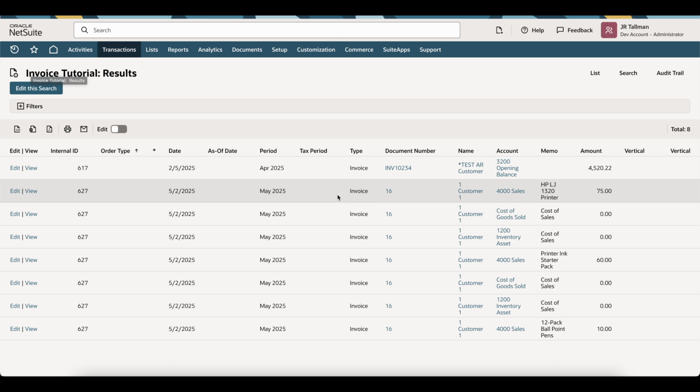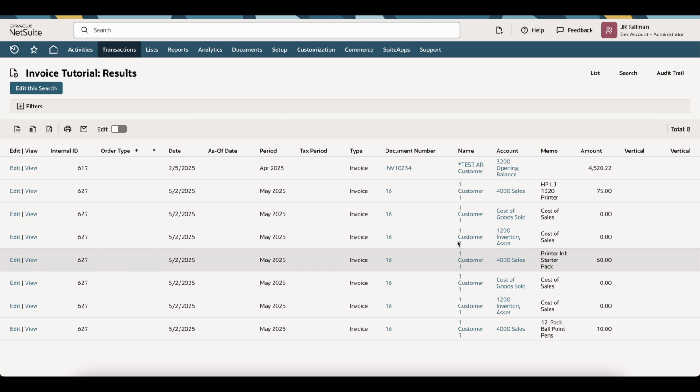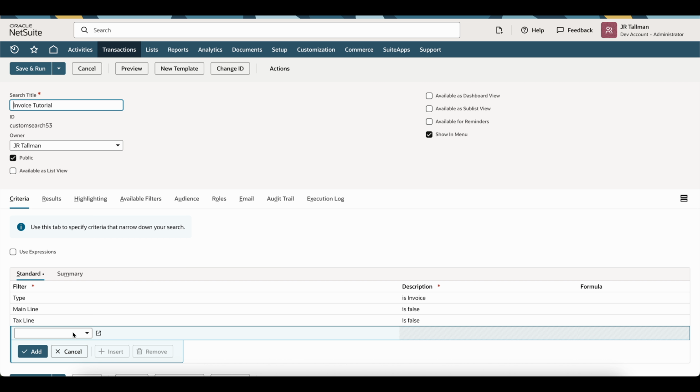Now, one thing that I have not got to just quite yet is my item itself. I don't have that shown here, but if I include an item in my results, you would see the actual items here. If I go back to edit this search, the last one that I would recommend adding as part